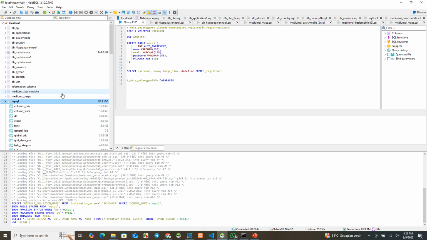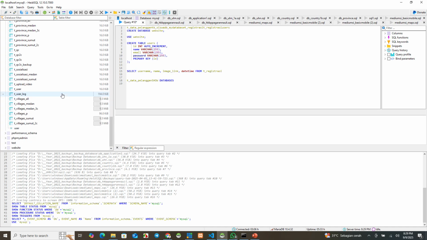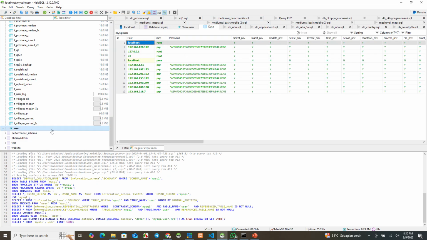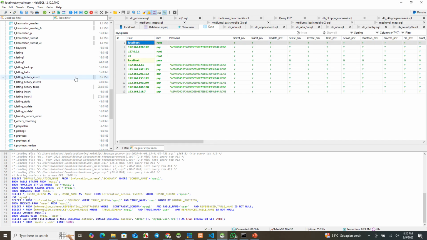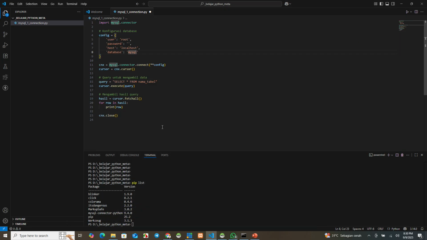The user, this one. In MySQL, select star from user.